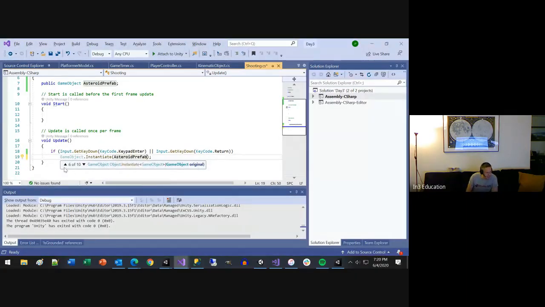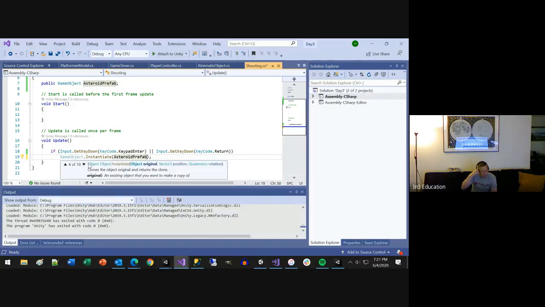one that has a vector 3, which is the position. So my guess is it's probably not that one, this one. But then it's also expecting a rotation. Is there one with just position? Game objects. They did not give us a very good one. This is the best one. So the position we want is